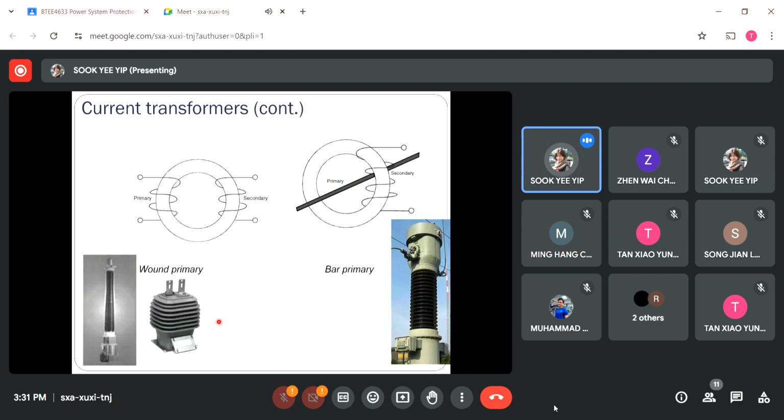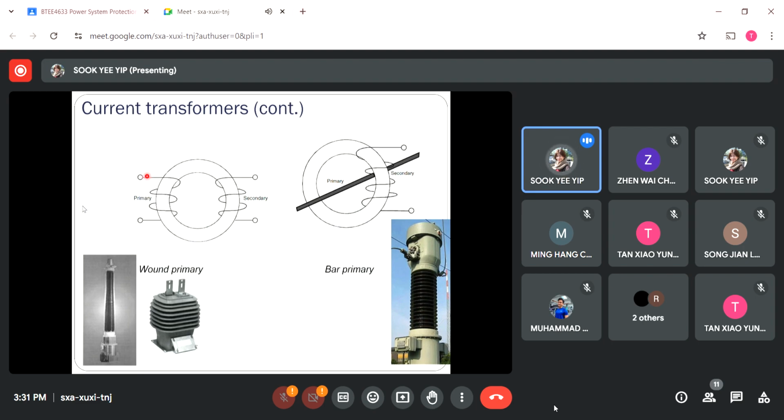So this is how it looks, and this is the cross sections view of the current transformer. We have the wound primary type at the left hand side here. You can see it consists of the annular core with both primary and secondary windings wound around it. As informed just now, we know that the primary side will be connected with the high current line. So usually the primary winding will be made of thicker wire with a big cross sectional area